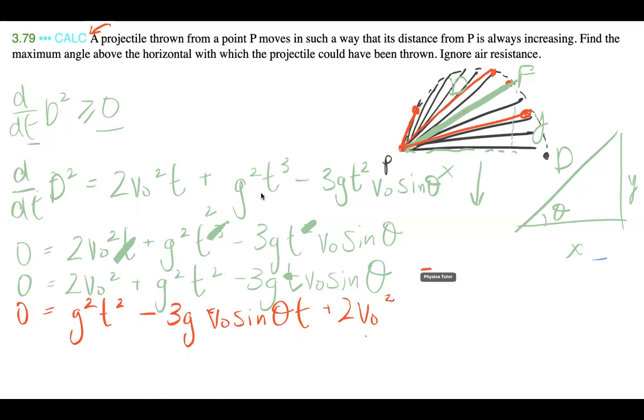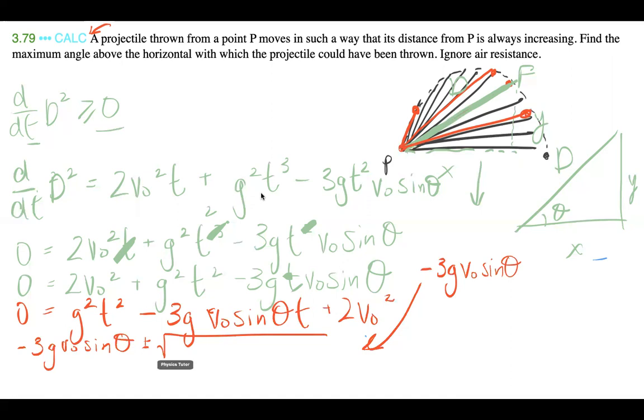So we get negative b, which is negative 3g v naught sine theta. Looks like I don't have space, so I'm just going to rewrite it right over here. Okay, so negative 3g v naught sine theta plus or minus the square root of